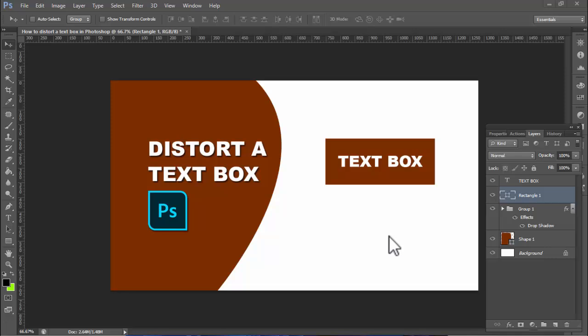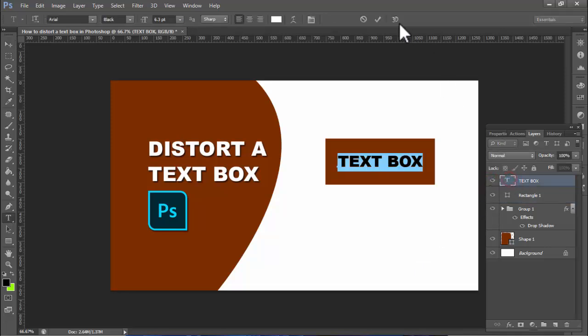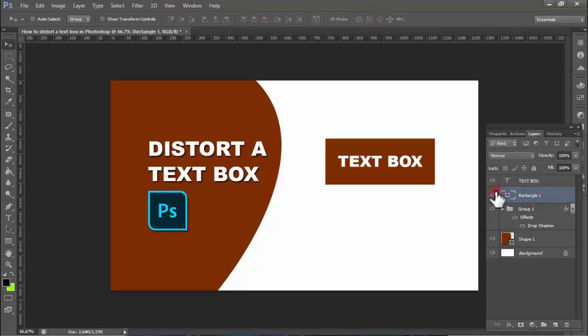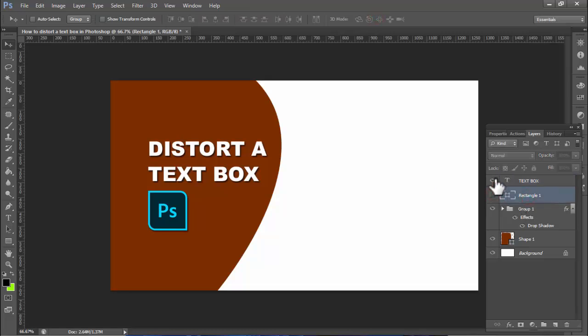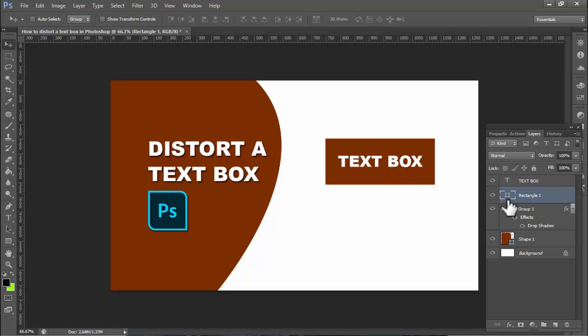In this video, how to distort a text box in Photoshop. Now see this simple text and a rectangle for use as a text box. Okay. First of all, add the